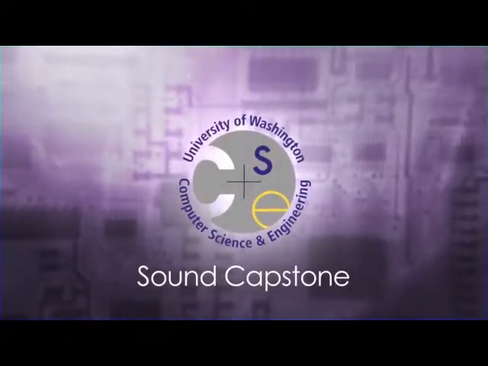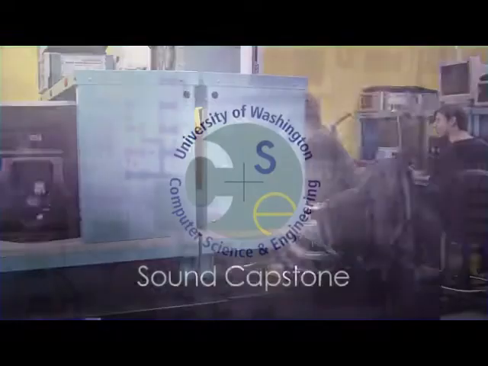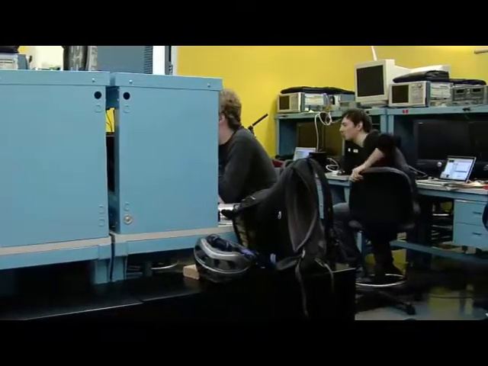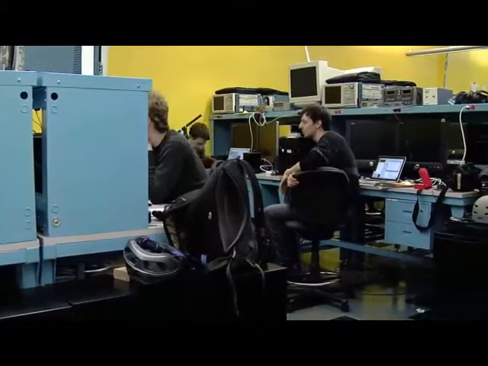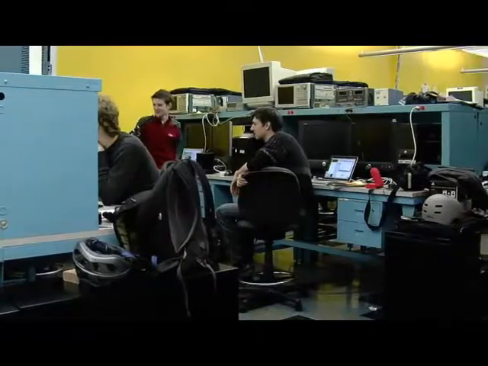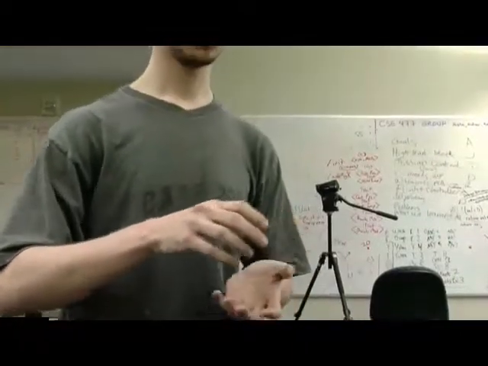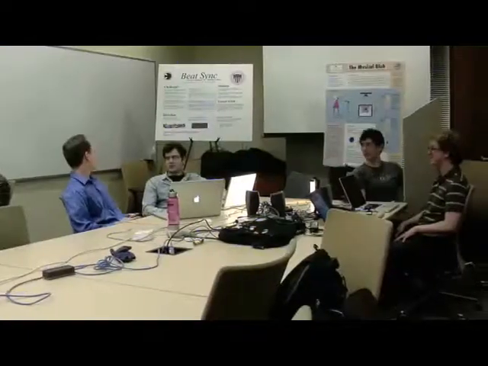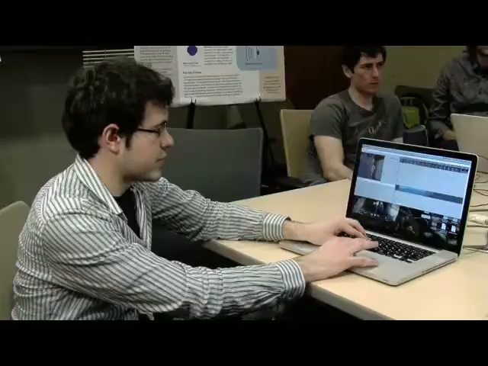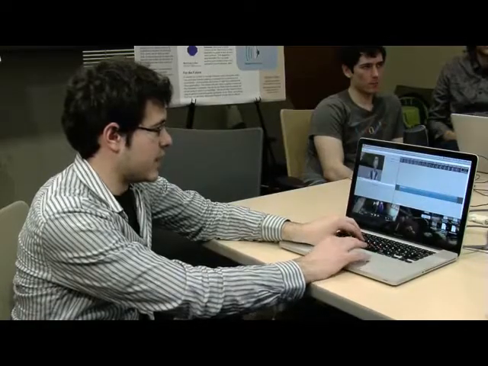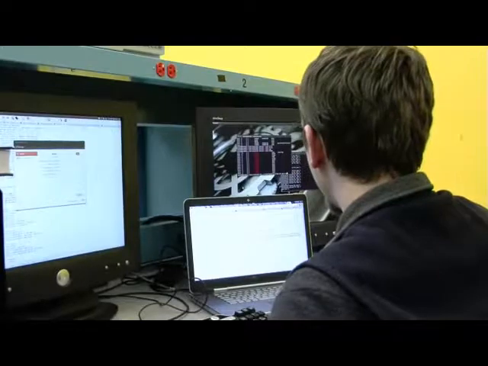Using computer audio techniques, the Sound Capstone produced 3 unique software projects. Each team designs, implements, and showcases their project by using sound techniques that they have learned in computer science and engineering. This year, the project teams developed a motion sound machine called the Blob, developed a tool set for composers to be able to sync music to movies in real time, and an iPhone app to act as a robot